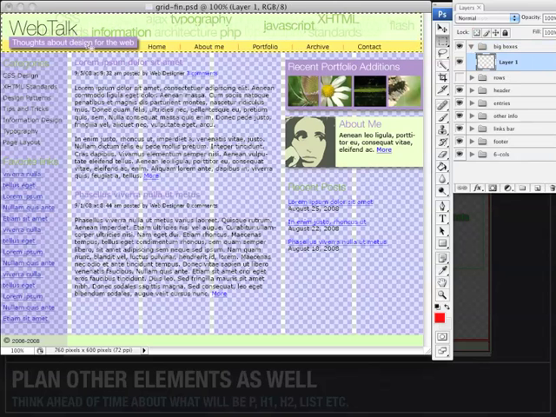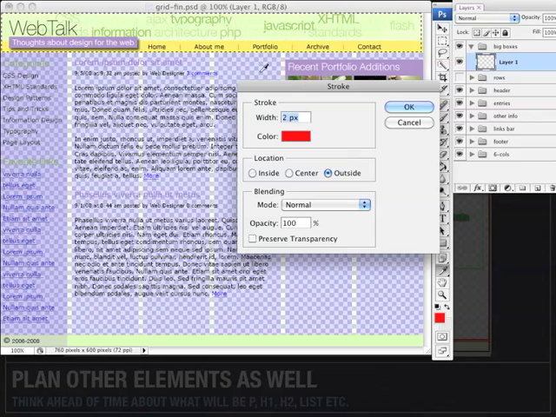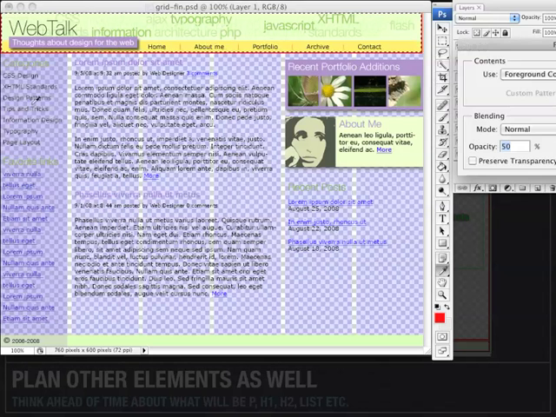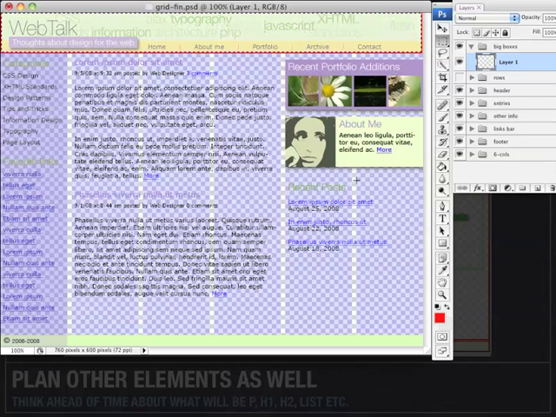So let's go here. Now, one quick way to do this is once you use the marquee tool, if you go to Edit and Stroke, which you can barely see there, it will then allow you to add a stroke to it. So in this case, it's a 2-pixel red stroke. And I can also go into Edit and Fill, and I can add in a fill here, and I'm going to use the background color, which was that gray, and 50% opacity, and so that is a fill that I can add. So that would be one section of the site, and then I have another section over here, this section there, and so I can do the same things,